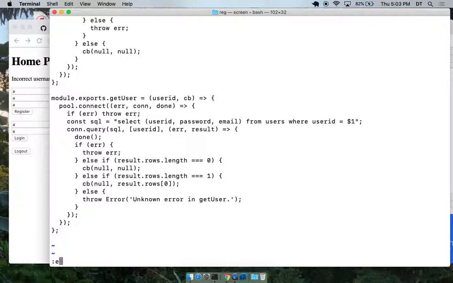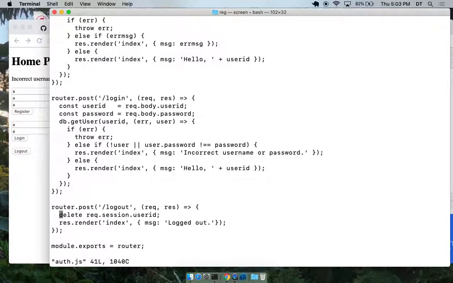So let me go to here. So this is being done here, right? So this is turning out to be true. So that's why we print this. So somehow user is coming up null. So what's going on there?